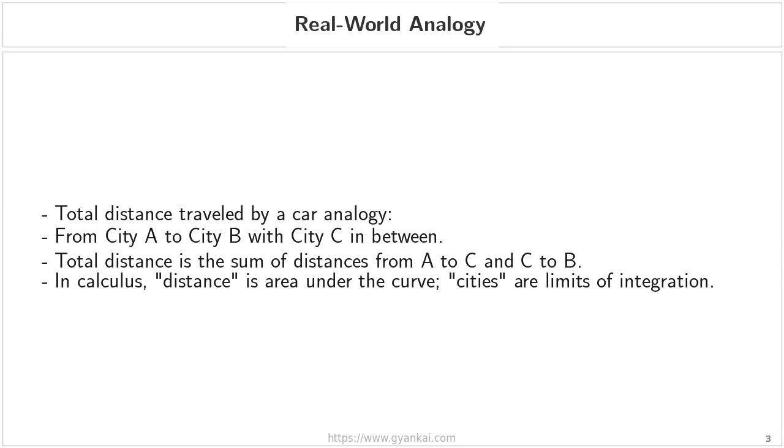Just like we added the distances between the cities, we add the areas under the curve over each of those subintervals. This is exactly what property P2 allows us to do. We're breaking down a larger, potentially complicated integral into smaller, more manageable pieces. This analogy is important because it provides an intuitive understanding of why this property works. It's not just a mathematical trick. It reflects a fundamental principle about accumulation, that the total accumulation over an interval is the sum of the accumulations